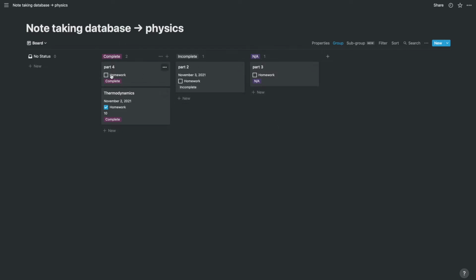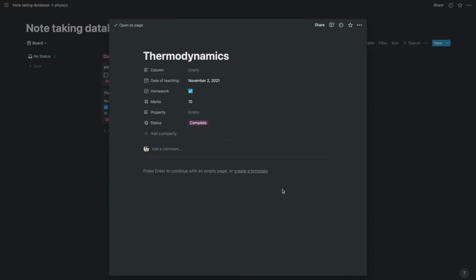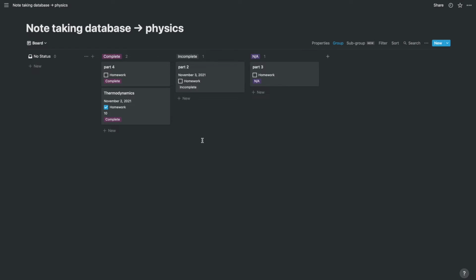And every attribute that they have, homework, date, each and everything is present over here. You can see that everything of a page is shown, and you can open that page also. So it's like this, and each and every property will be given here. Now